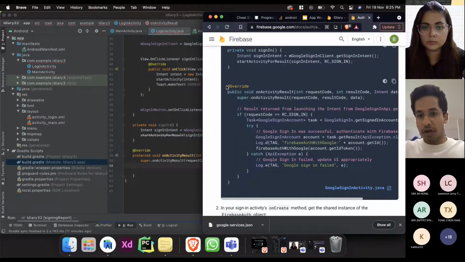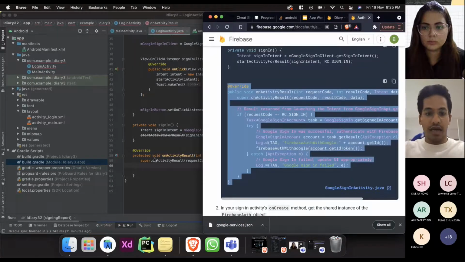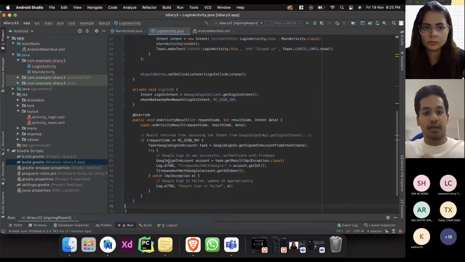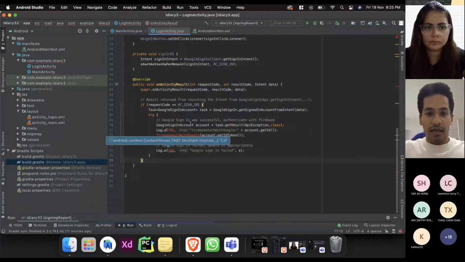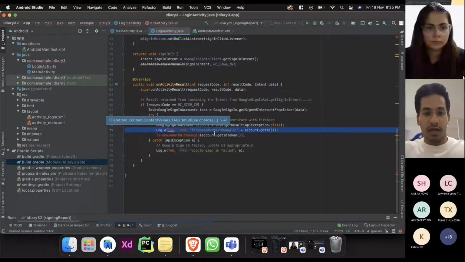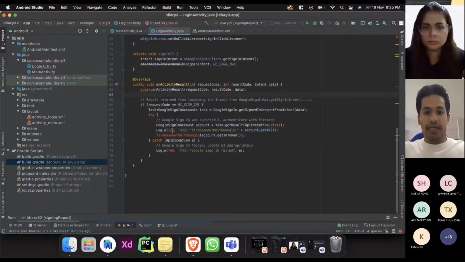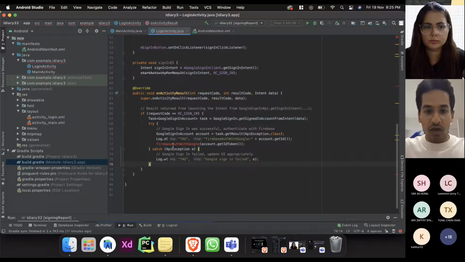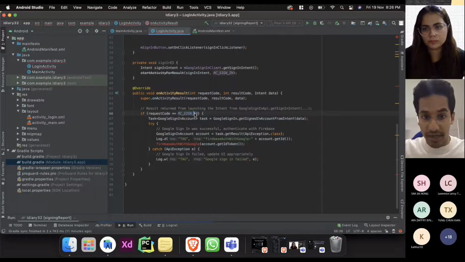Over here, they've already added the code for the onActivityResult, so I'm going to just go ahead and paste it over here. You shouldn't get any errors except over here, because this is a log, and more about it in a second. And also over here. Okay, now we're saying if the request code is equal to the RC sign in,